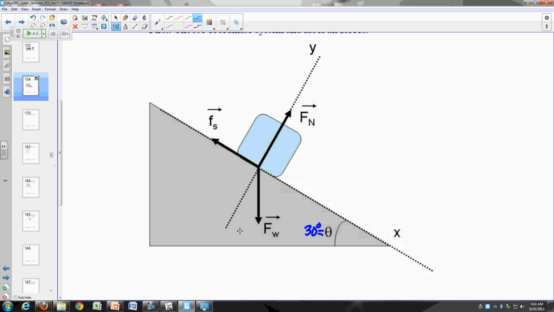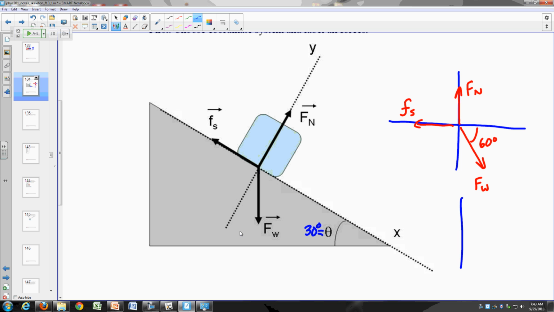You can go ahead and do a vector diagram, and I'll do that here, although it's sort of already done. But I'll draw my vector diagram. I have my normal force pointed straight up, my static frictional force in that direction, and then my weight. And I want to know this angle. That angle is 60 degrees. And then what's the step three, the next step? Step one is label all your forces. Step two is draw your vector diagram. Resolve your vectors. So in step three, I